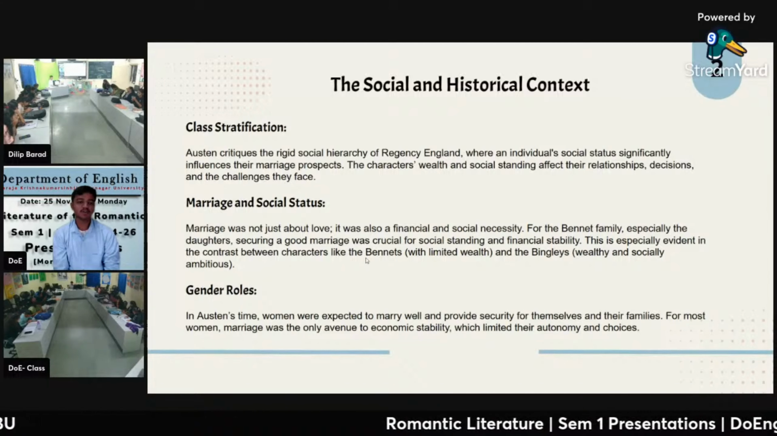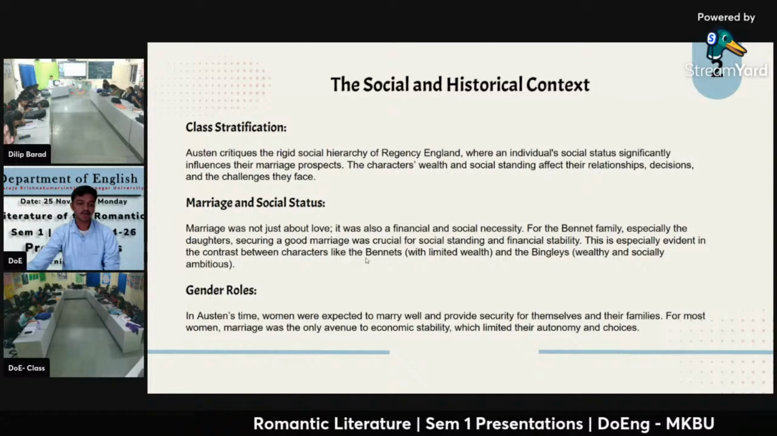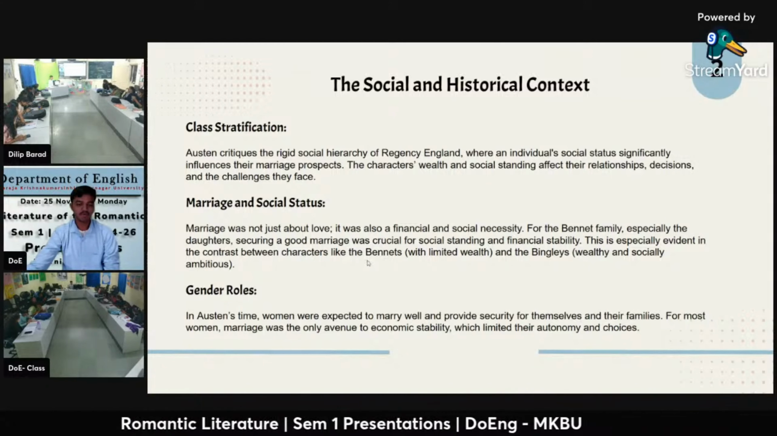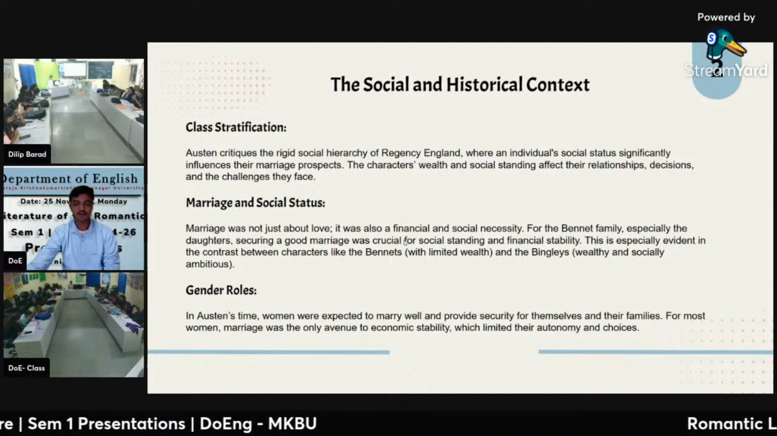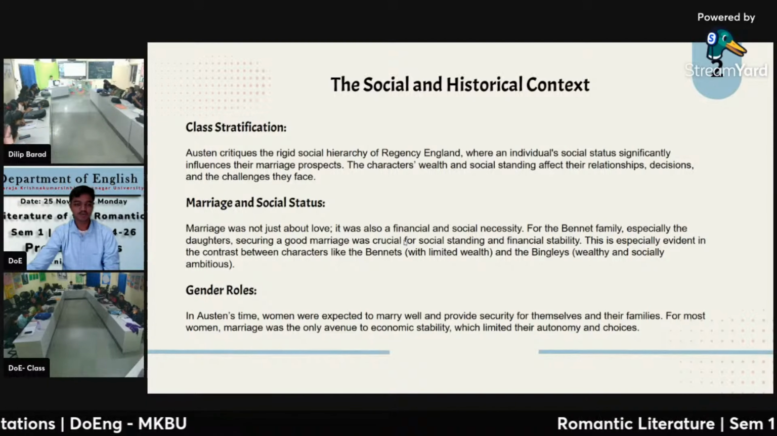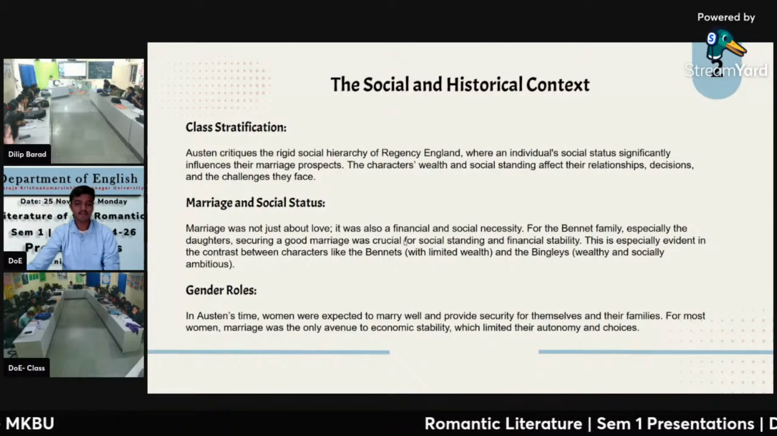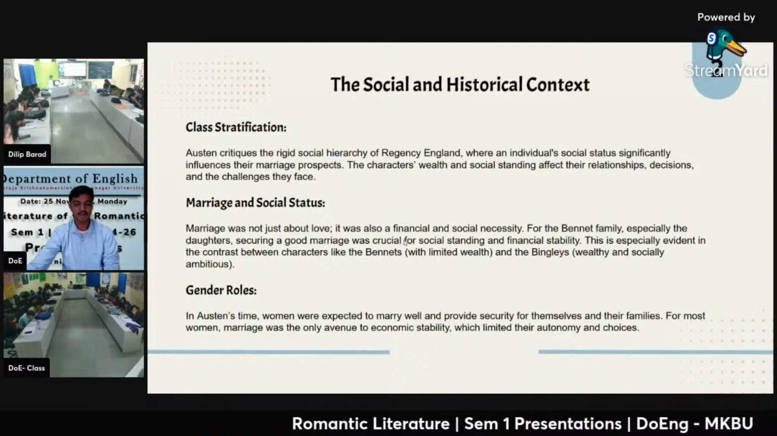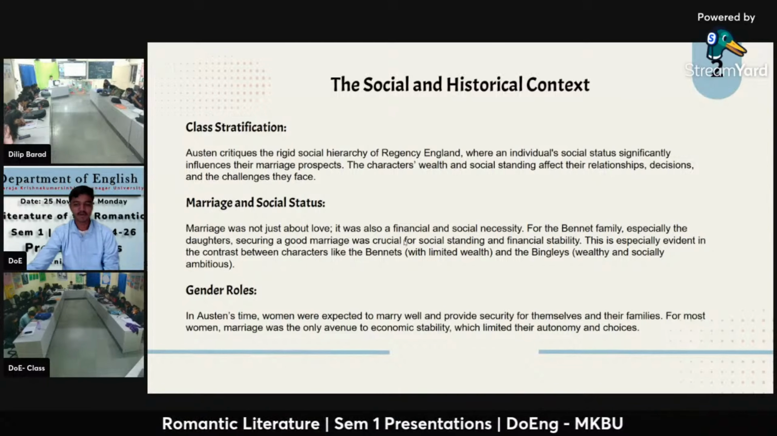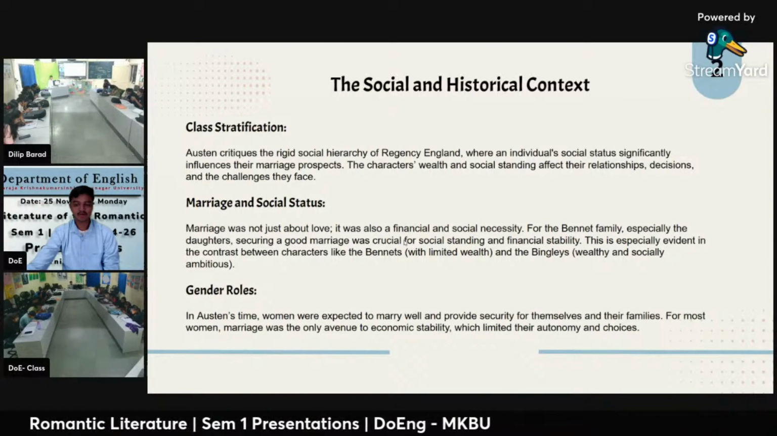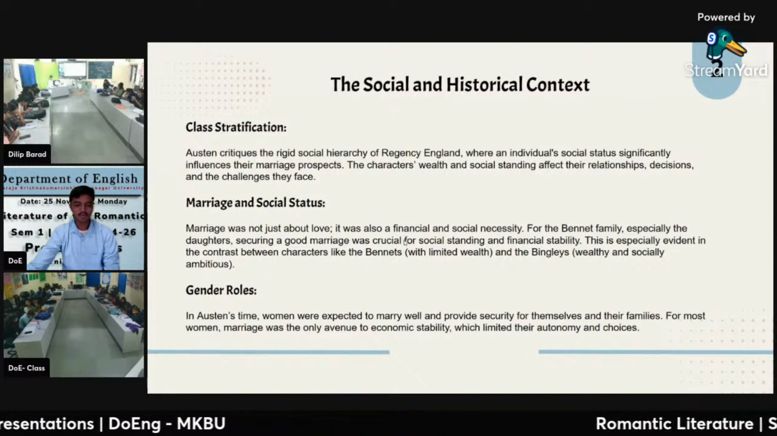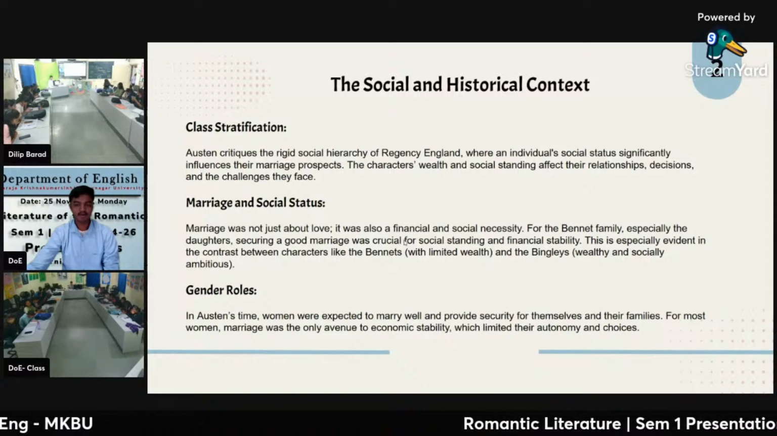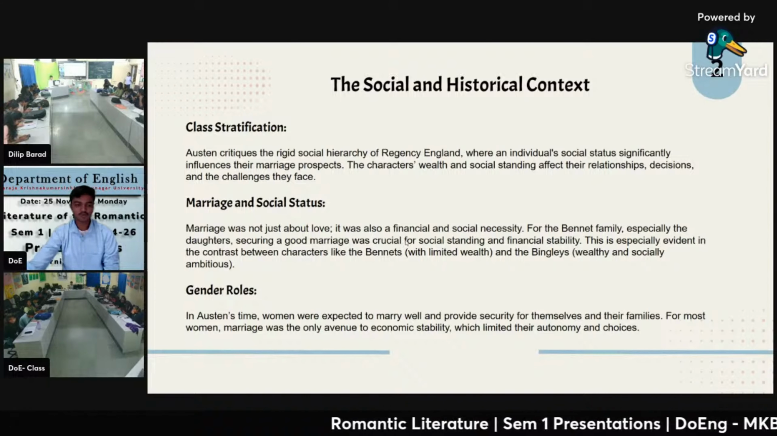Then, marriage and social status. Marriage was not just about love, it was also a financial and social necessity. For the Bennet family, especially the daughters, securing a good marriage was crucial for social standing and financial stability. This is especially evident in the contrast between characters like Bennet with limited wealth and Bingley's wealthy and socially